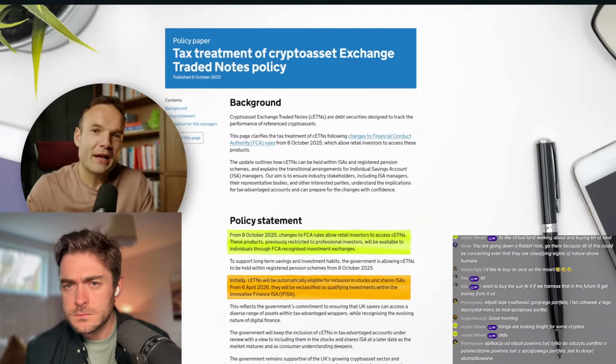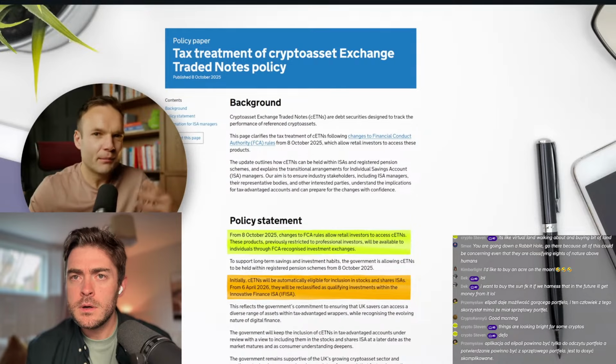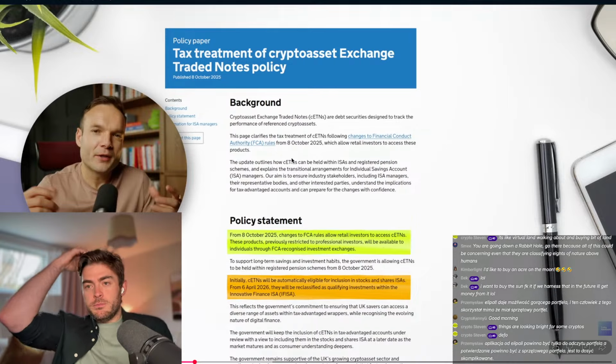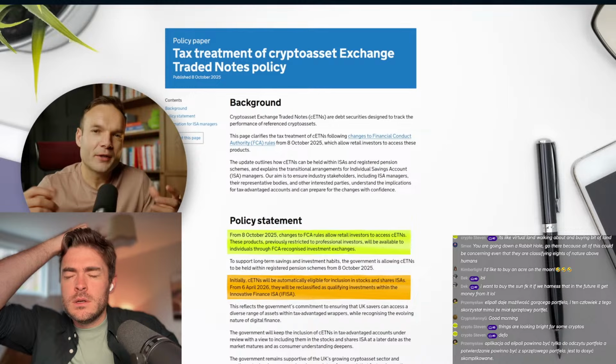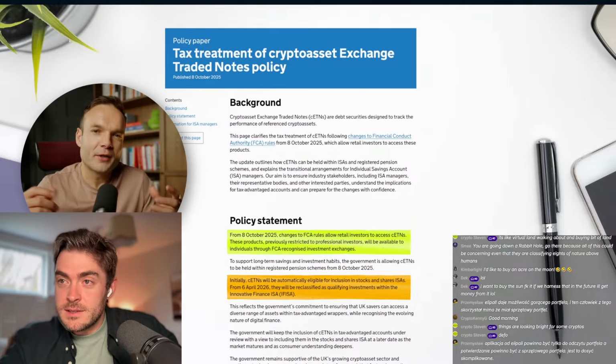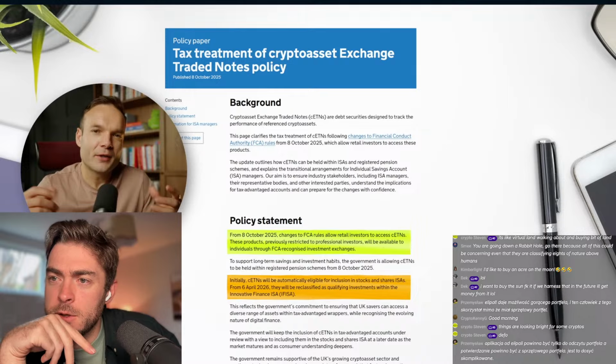even know anything about. For clarity, my understanding is that this doesn't mean that if you invest today in a Bitcoin ETN, it'll have to be moved or sold in the new financial year. It would just mean that you couldn't buy more of it or buy it as a new investor. So put it away now into an ETN. There's no stipulation necessarily right now that you have to move it into the new type of ISA. This is crazy. This seems like a window of time that we have here to make those kinds of moves.